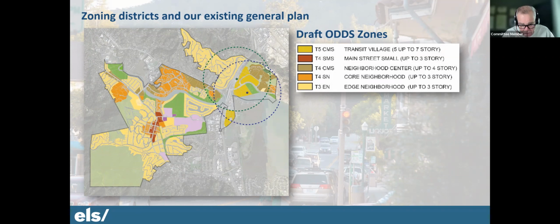This is Kevin. Can I just make a very preliminary comment on one aspect of it, T5, just the labeling of that as transit village? This is not a substantive comment. It's more of a perception. People in our community view that as Larkspur Landing. They don't view it as a transit village. I understand that that's a center for transit destinations because of the ferry and because of the SMART train. But it's Larkspur Landing. That's what most people understand it to be.